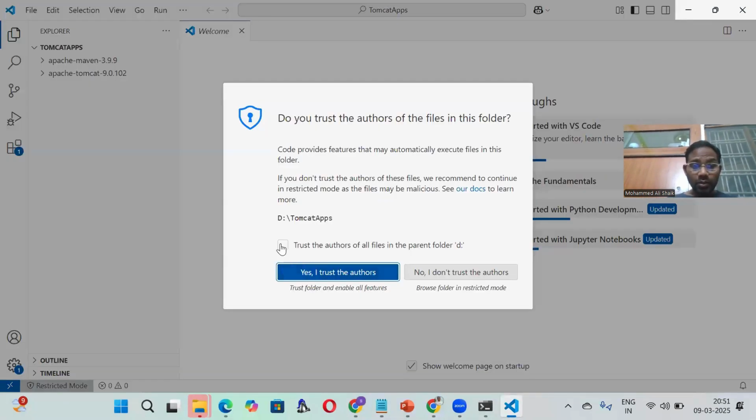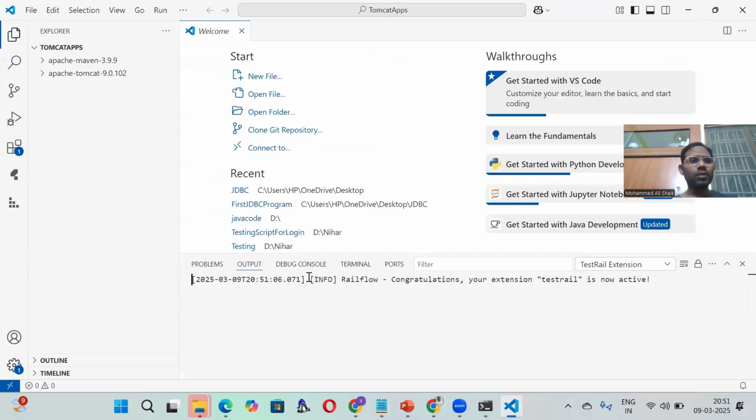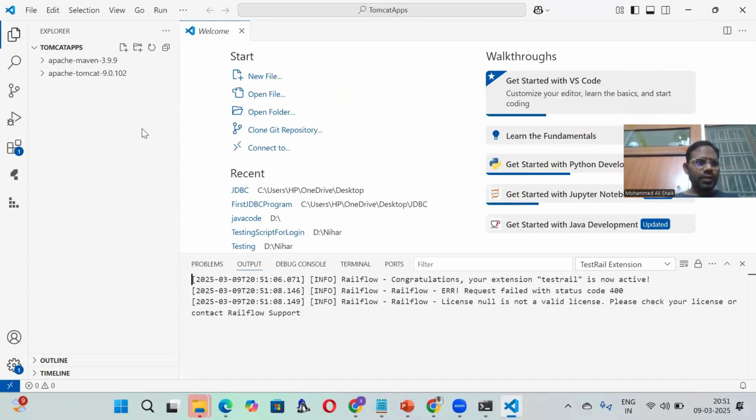Yes, I trust the authors. So you can see here it is doing some work. Okay. Now if you see here at the left hand side, you got Tomcat apps, outline, timeline. So here in Tomcat apps, we need to create one new folder. In order to implement this one,